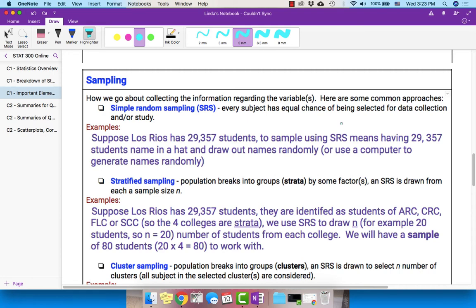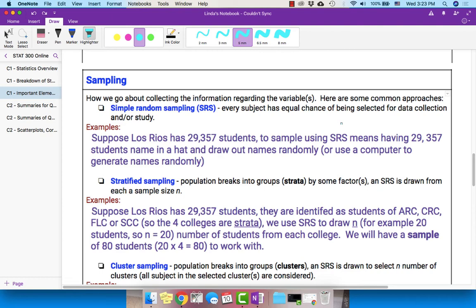Hello students, this is the continuing part of the previous video. Ideally, I do not want to go over 10 minutes on each video, so sometimes I have to split a section into several parts. We will be talking about the different ways in which we collect data or variables for our statistical study. We call this the sampling method, and there are 5 of them.